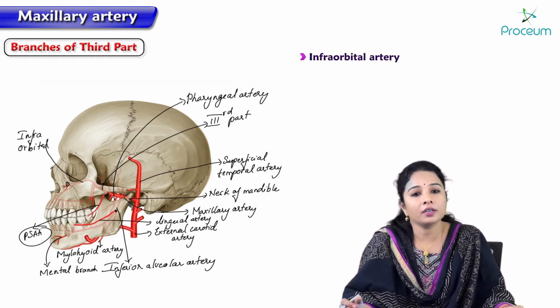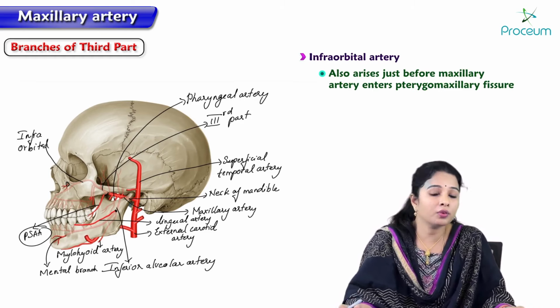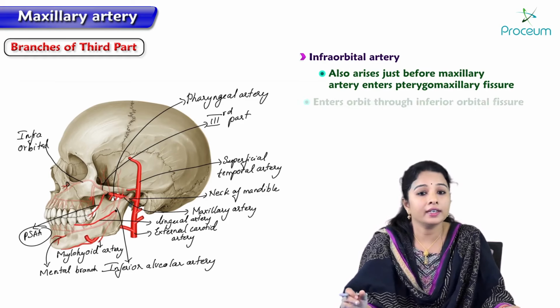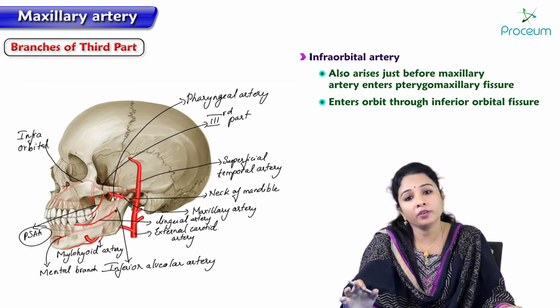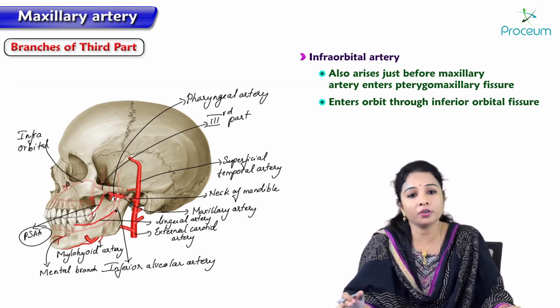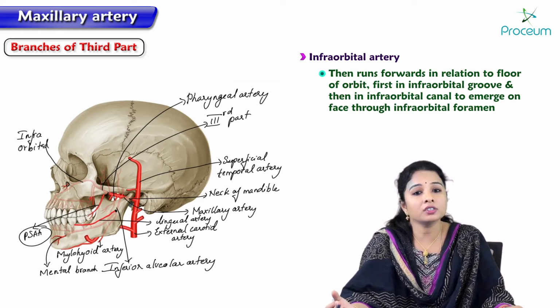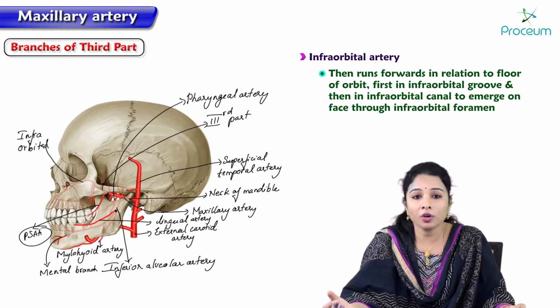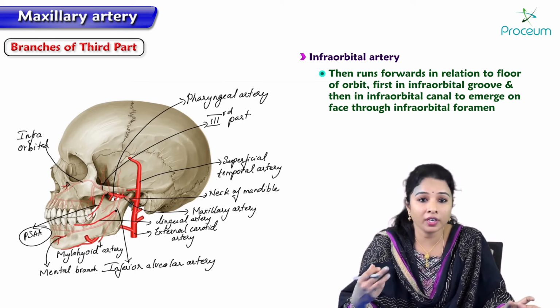Inferior orbital artery also arises just before the maxillary artery enters the pterygomaxillary fissure. It enters the orbit through the inferior orbital fissure. We can see it enters the orbit through inferior orbital fissure. It then runs forwards in relation to the floor of the orbit, first in the orbital groove and then in the orbital canal to emerge on the face through